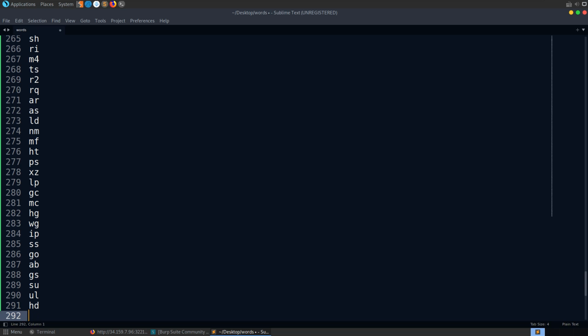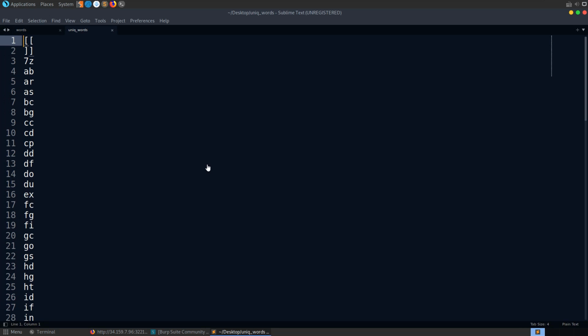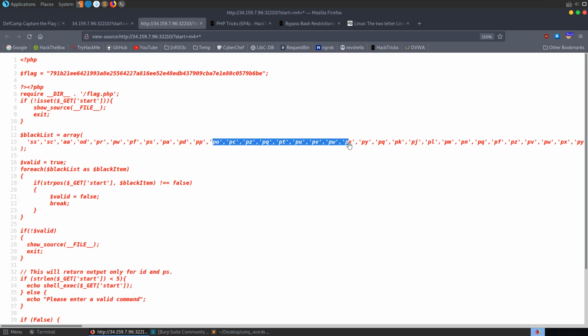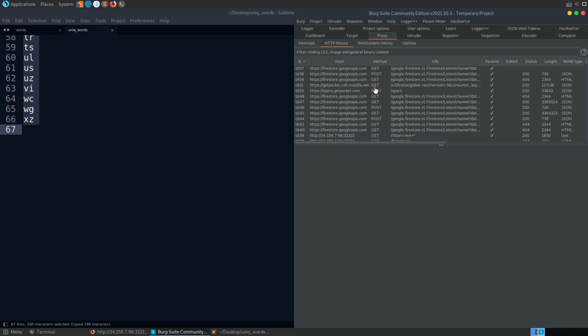put them into a text file, and we'll remove duplicates. Let's do sort -u and take in the words, and then send it to unique words. Okay, still got quite a few there, but let's open that up in Sublime. Okay, we've got 66 to go through, so potentially you could go and again take out some of these commands so that they're not in this list. I'm just going to take this list, and what we could have done here would have been to take this